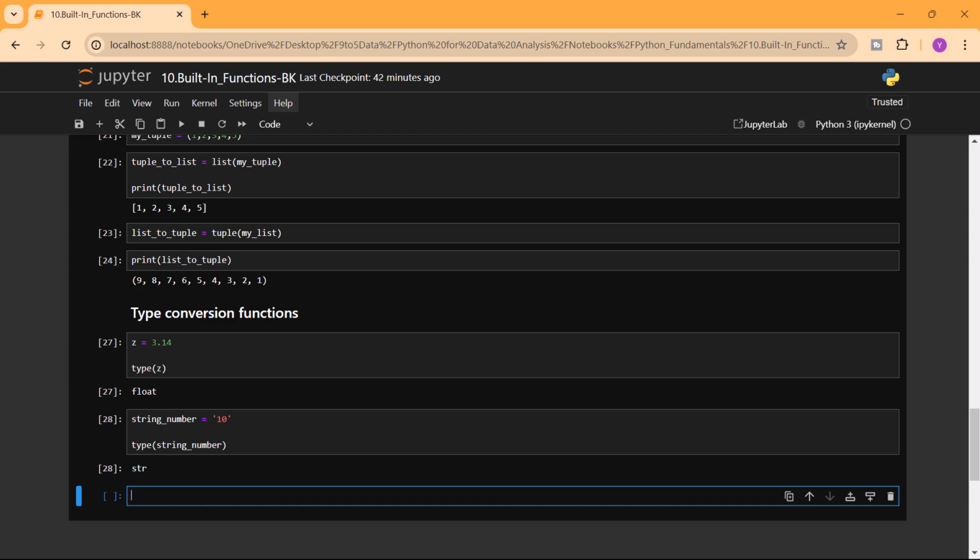So we can convert from one data type to another. Let's say, for example, this string, we want to convert it back to an integer. So we can say integer number equals, we use a function called int to convert any data type that is appropriate back to an integer. We can see that the string we have is 10, which is appropriate to convert back to an integer. So we just pass the string number variable into this,